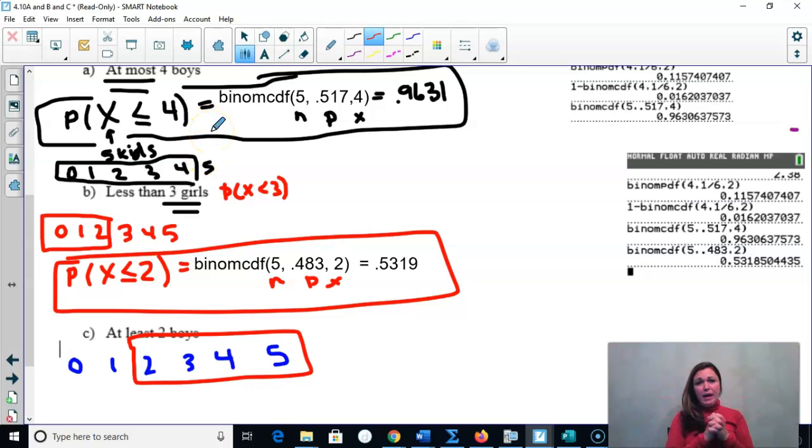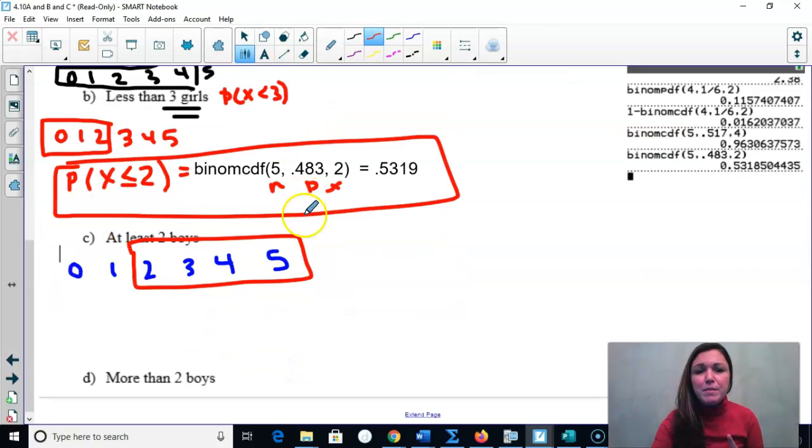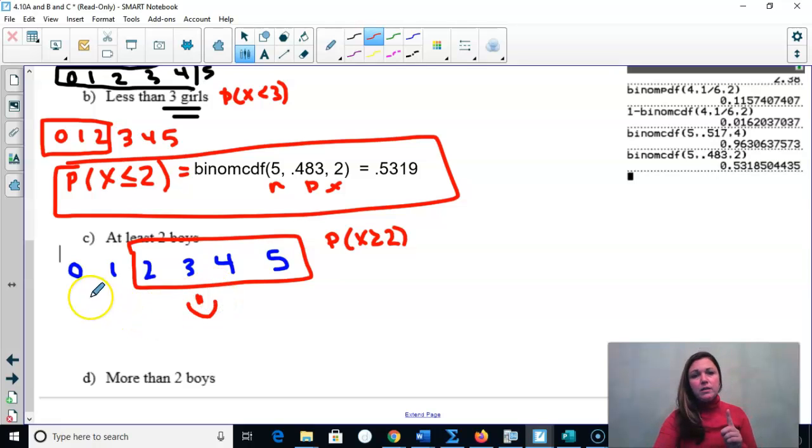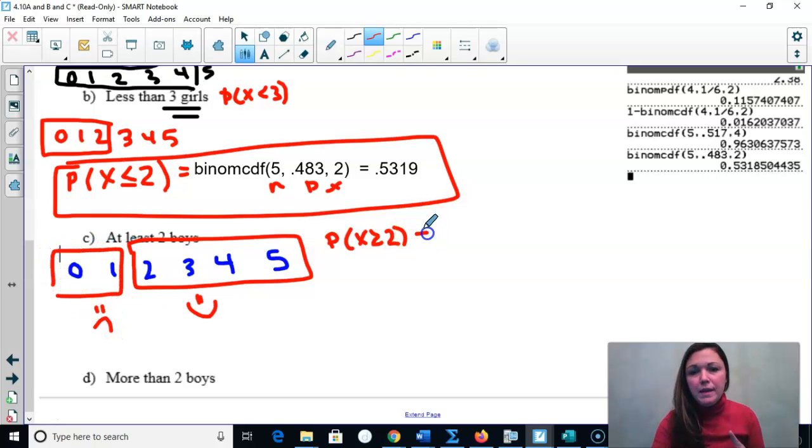I'm sorry. Okay. This now we have to manipulate, right? Because now we want the probability that X is greater than or equal to 2, we now need to use the complement rule. We need to do 1 minus what we don't want. We want 2 or more boys. We don't want 0 or 1. So that would be then 1 minus the probability that X is less than or equal to 1,